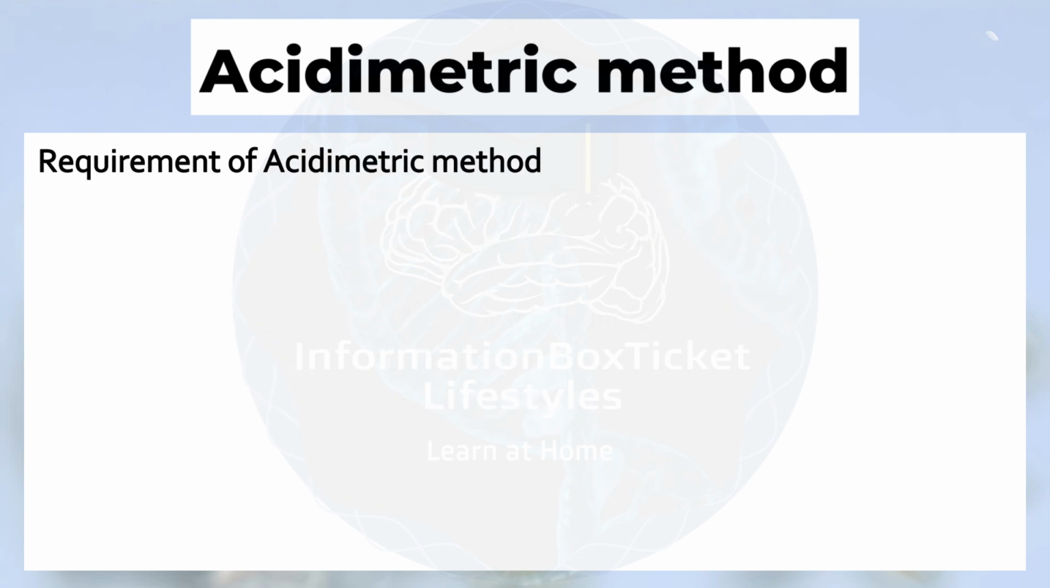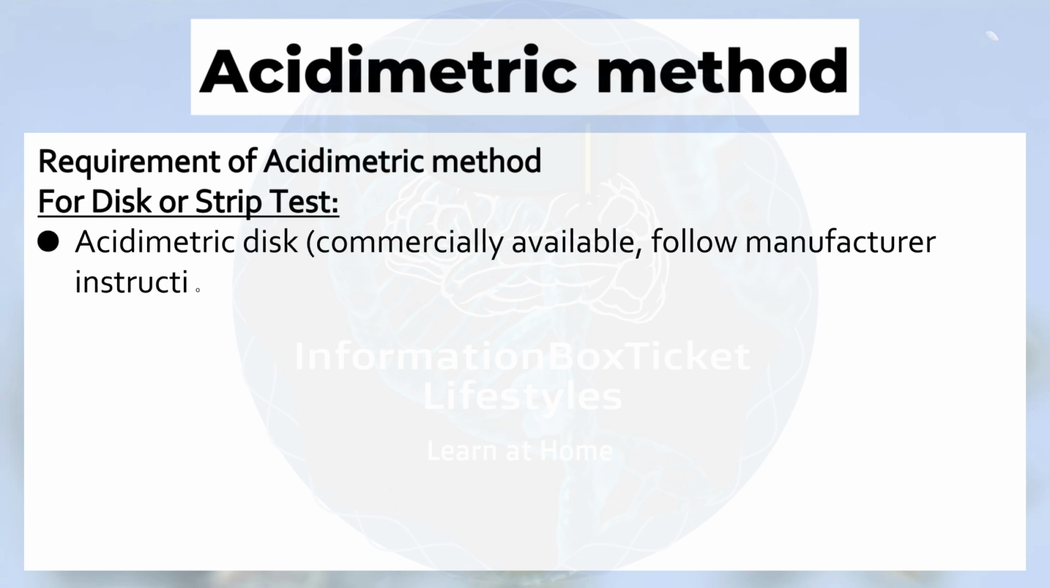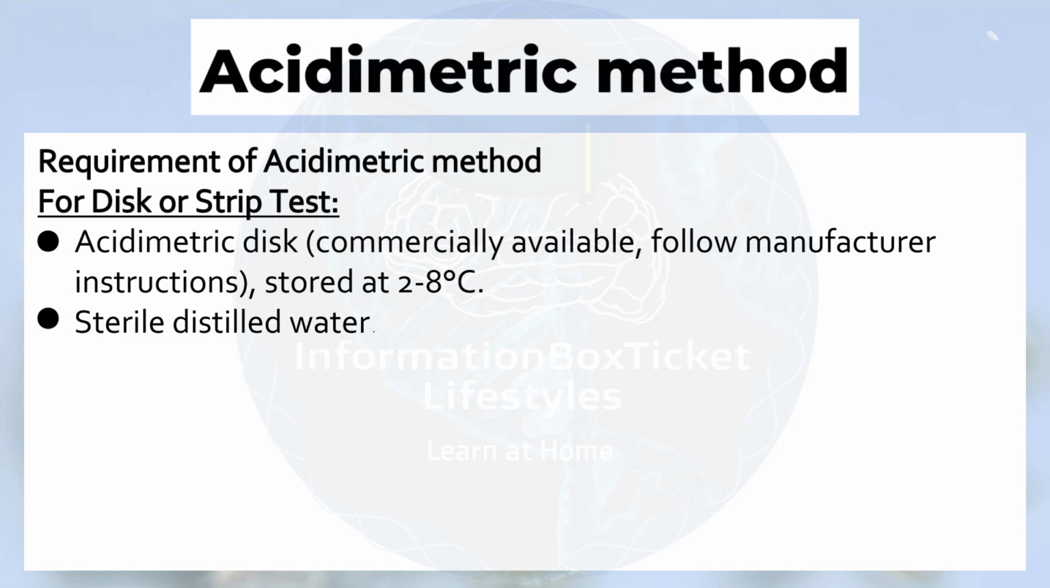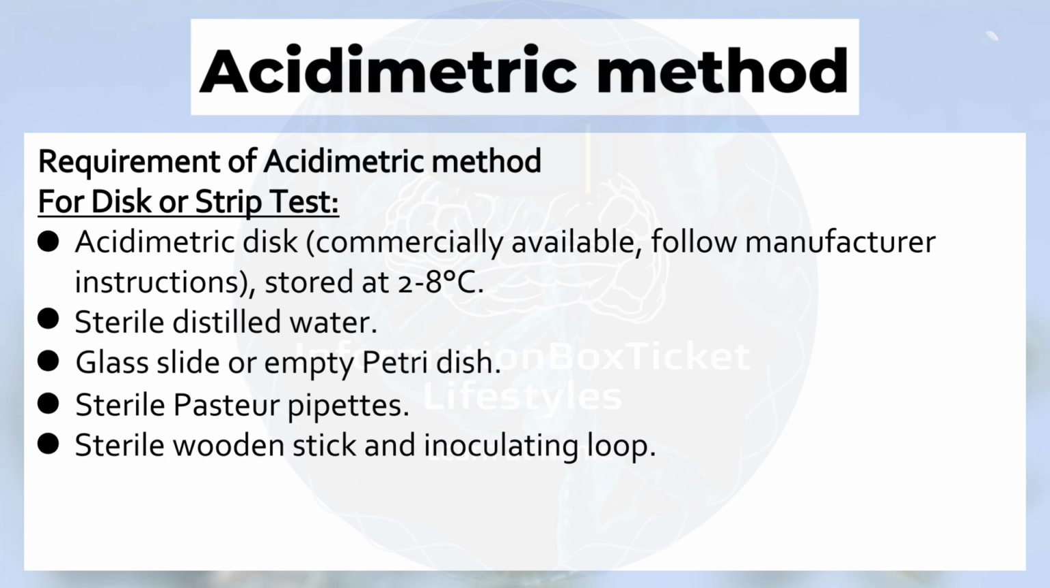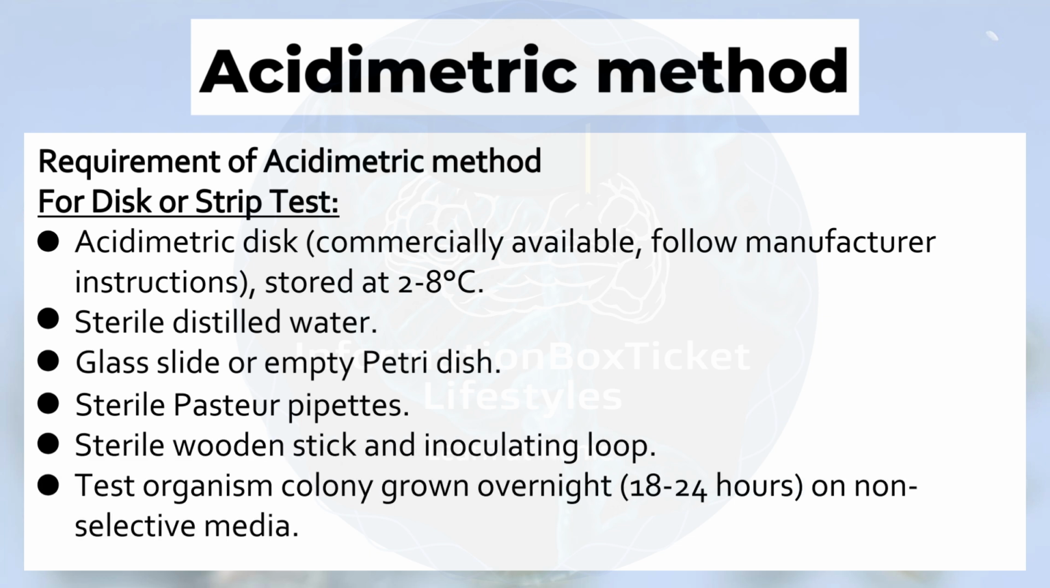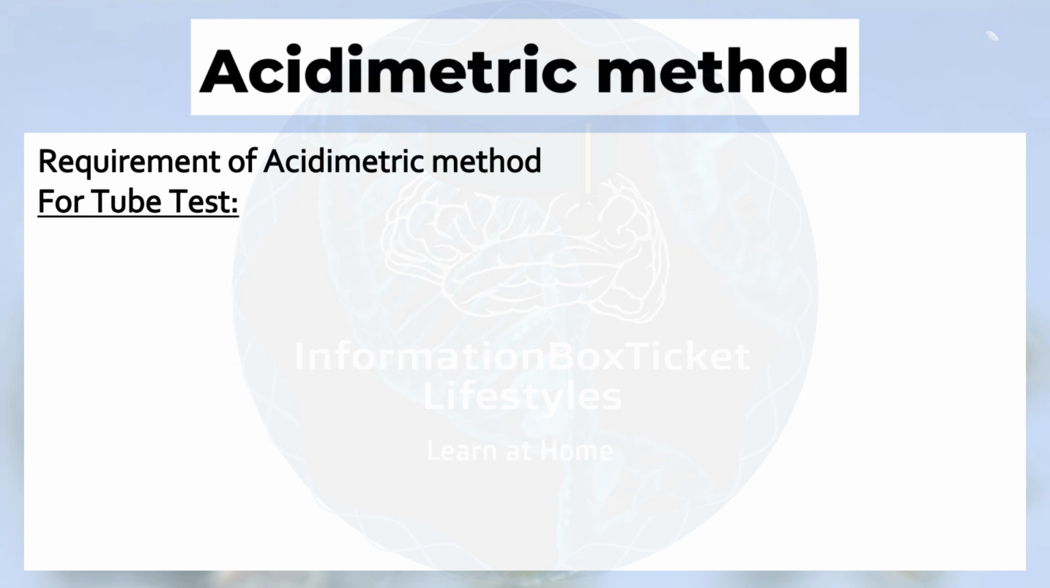Requirement of acidimetric method. For disc or strip test: acidimetric disc, commercially available, follow manufacturer instructions, stored at 2 to 8 degrees Celsius; sterile distilled water; glass slide or empty Petri dish; sterile Pasteur pipettes; sterile wooden stick and inoculating loop. Test organism colony grown overnight, 18 to 24 hours, on non-selective media. For tube test,